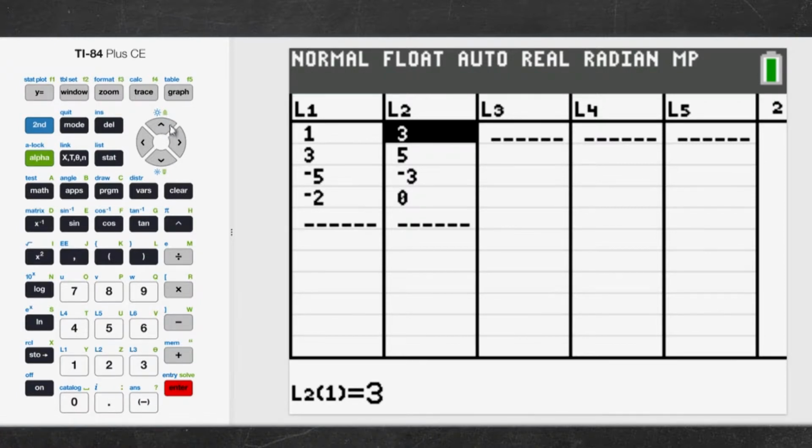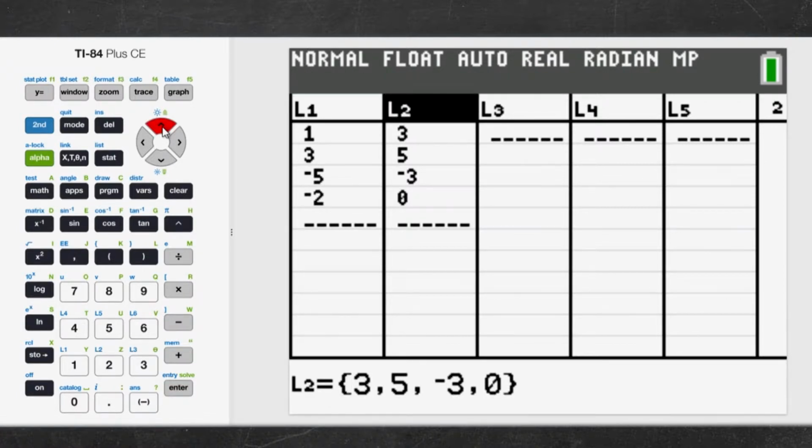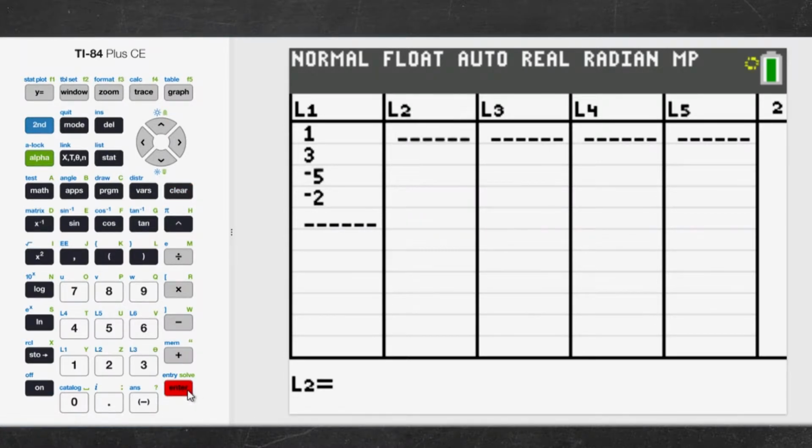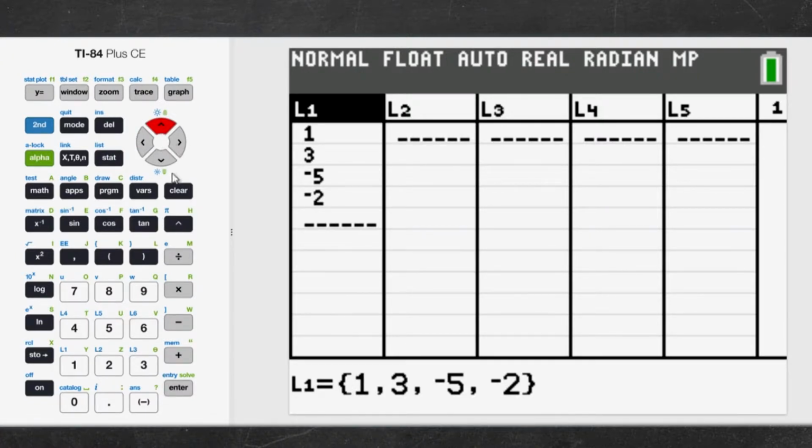You see where the cursor is right there? I'm going to push it up and push it into L2. I don't want to delete the list, but I want to clear. And you say, well, it didn't go anywhere. Hit enter, and all of a sudden those numbers have disappeared. Isn't that grand? Let's cut over a little bit and go up, and we're going to do the same thing for list 1. We're going to clear and press enter.